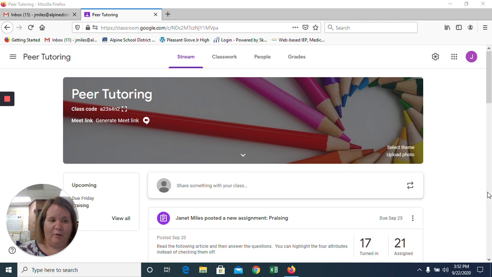I just want to take a moment to share with you guys how peer tutors are graded in my class. The first thing that I wanted to show you was this peer tutoring Google Classroom document. All of my peer tutors are members of this Google Classroom. When I trained them back in the beginning of August, I gave everybody a disclosure document, and it had a Google Classroom code on there where they were able to join